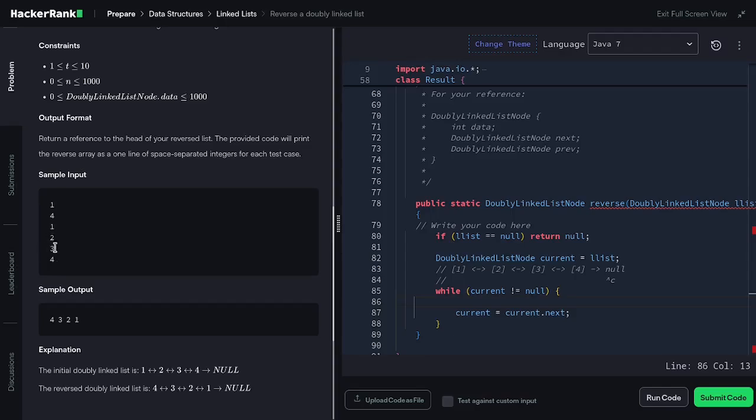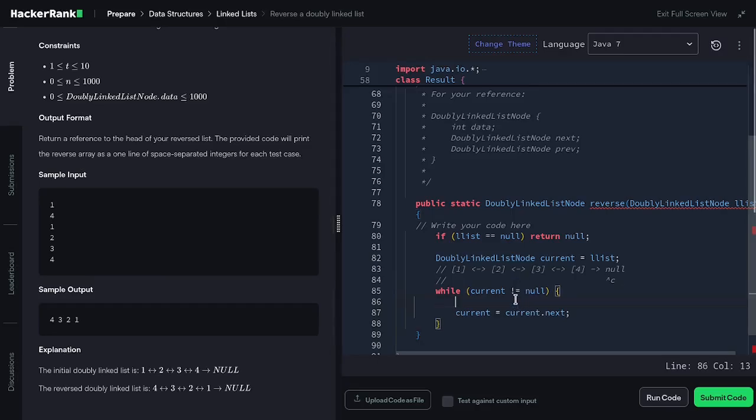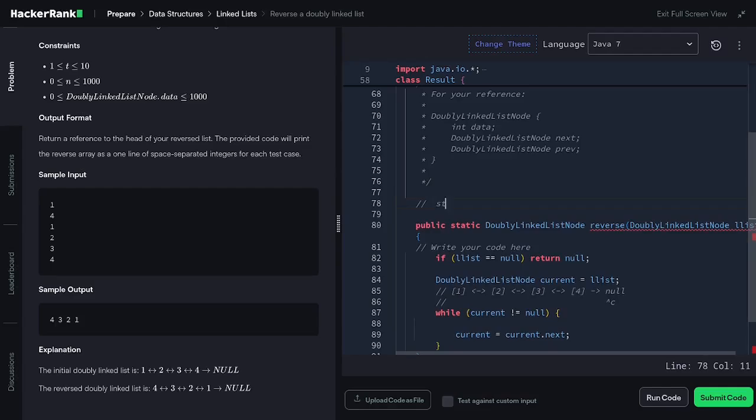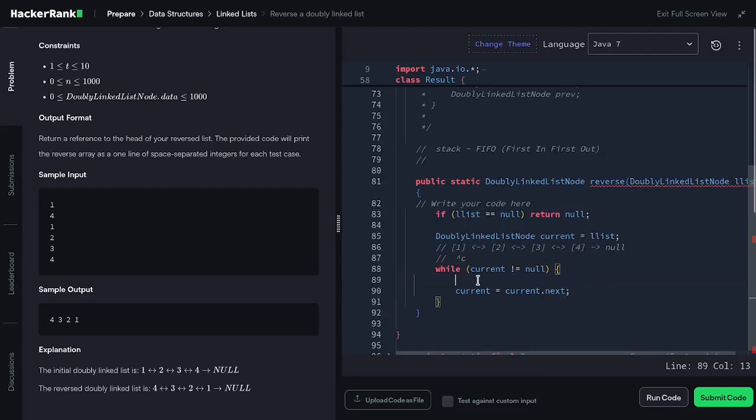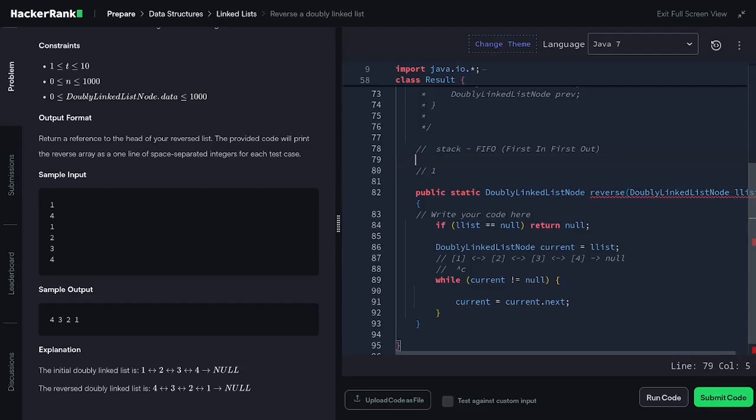And we need to record this not just by creating an array, but we need to declare some kind of stack, and that way we can use a stack that revolves around the FIFO principle. What FIFO means is first in, first out, hence the name stack. So let's say we are iterating over the current node of 1 right here. Let me move the current node to the 1 right here, and the while loop will run, and that way we are storing 1 as our value in the stack. And the next one,